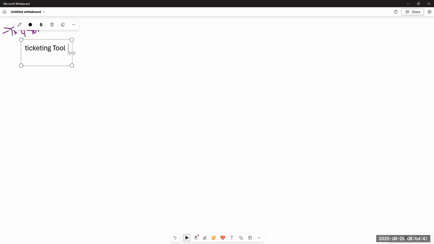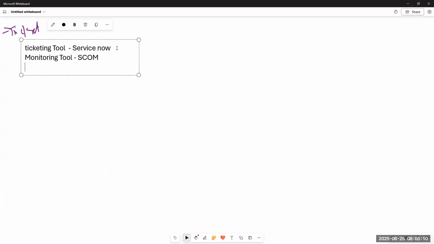For example, if you are using ServiceNow, you need to open ServiceNow because this is our first agenda. Once you have logged in, you need to open the ticketing tool, and you also need to open the monitoring tool. For example, SCOM is a monitoring tool, for whatever servers